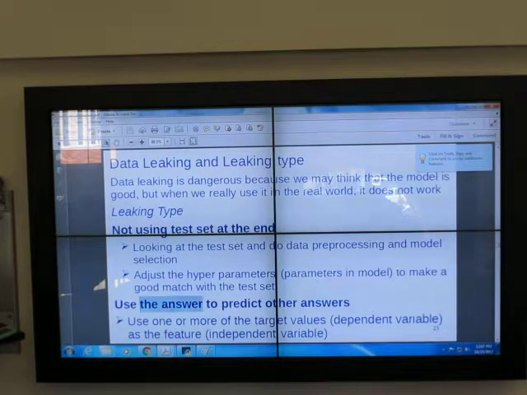Another type is using the answer to predict the answer. There's no point in using the answer to predict the answer, okay? If you do that, or if I do that, I cheat myself. I should not do that. So let's say you have two target values, y1 and y2. We should assume that y1 and y2 are target values or dependent variables. It's something that we want to predict. But if I use y2 as input, so I use part of the output to predict another output,